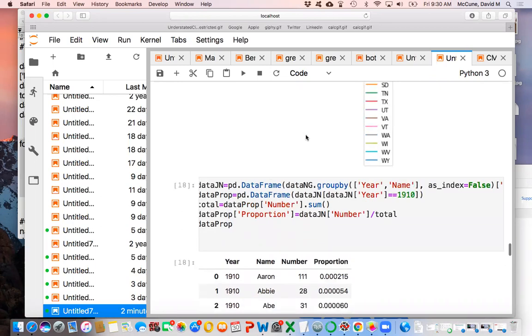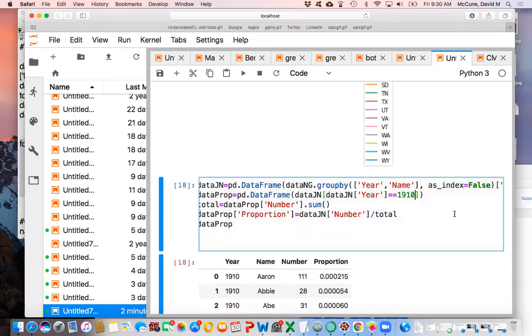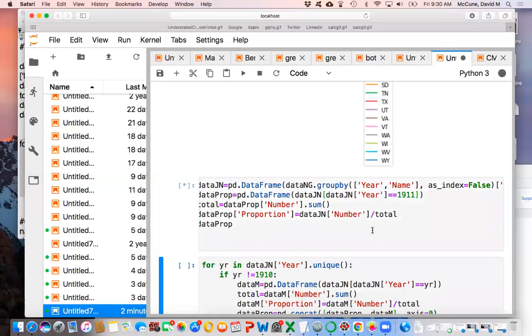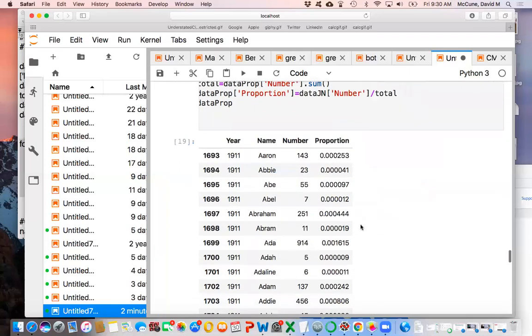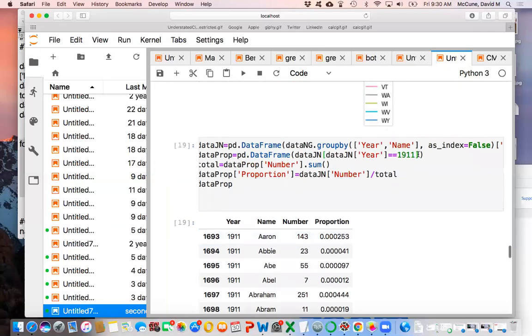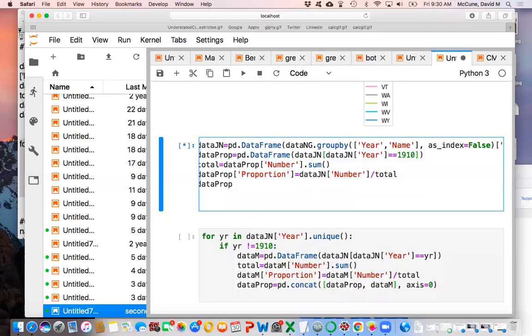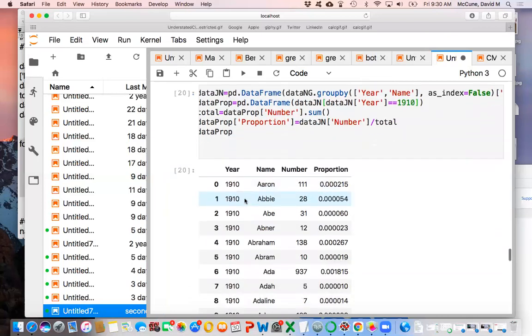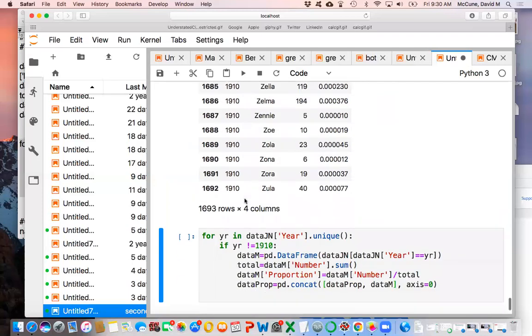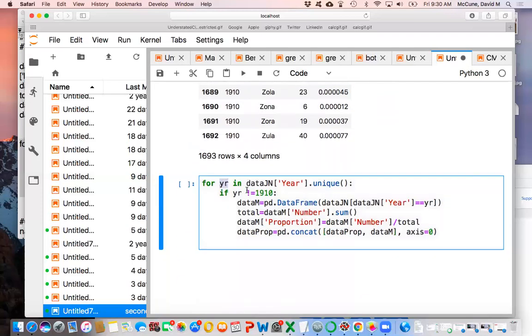Like way back up here, when I sliced by 1910, I could have sliced by 1911. Here, let me show you what that looks like. So here's the same proportional data frame, but with 1911 data. There are more Aarons that time around. Last time there were like 111. Now there are more of them. But anyway, all you're doing is giving the code a starting point. So here's a start table, 1910. And then down here, as you let the years click through, and you don't need 1910 because you already have it, when year's 1911, these lines of code are doing the same thing.